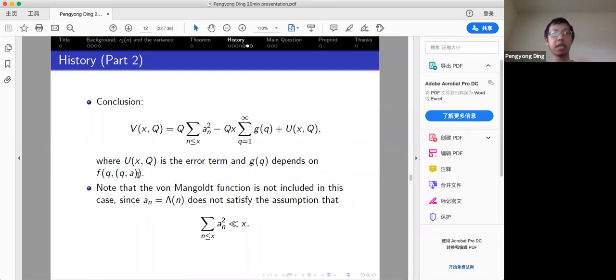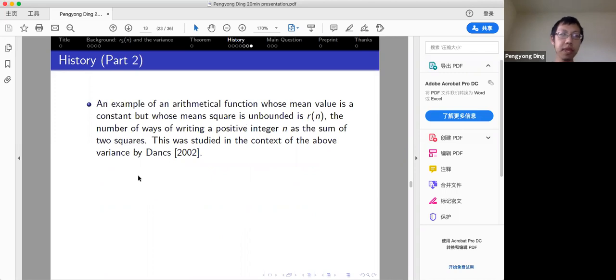However, in this general case, the property of the sequence a sub n is pretty well understood. So it's quite interesting to study the similar problem where the property of the sequence is not very well understood. An example of such a sequence or such a function whose mean value is a constant but whose mean square